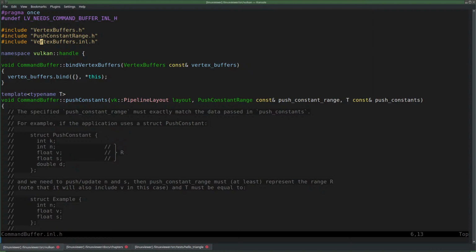Or what happens if we include this one first and then include this file? Then that would not work. Well, that would work if this one also has a pragma.